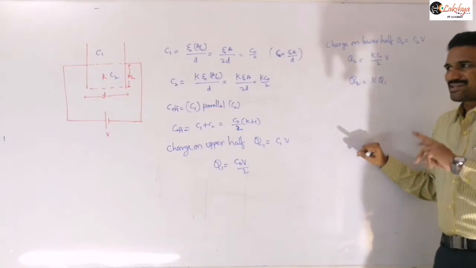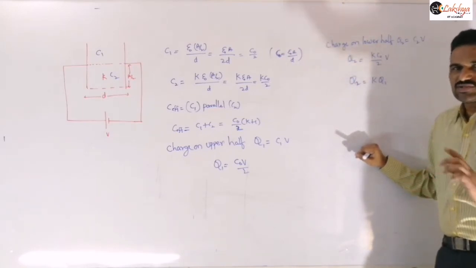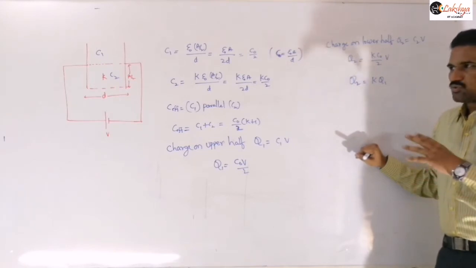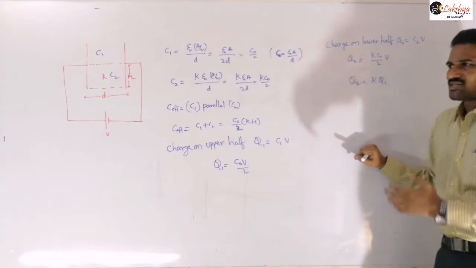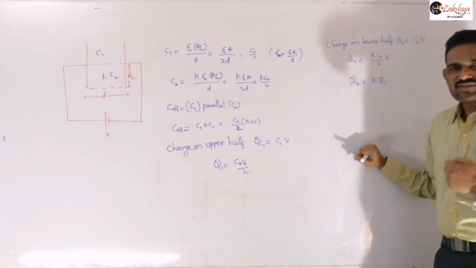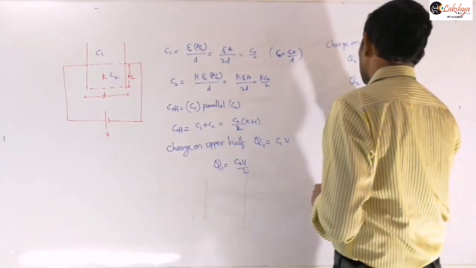And so the charges on the lower half and upper half will be different, and that is a way of calculating the charges. Is it clear? This is also important, and sometimes they will ask about this theoretically also, whether the charge on the upper half is greater or the lower half is greater. So is it clear? This Q2 value is greater here.